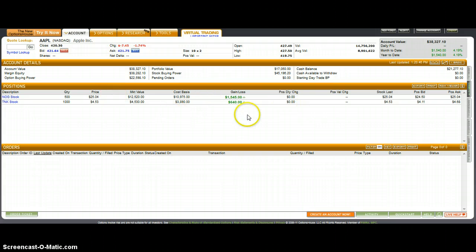A virtual account is something that I highly recommend. It basically trades with fake money. This is all fake money here, but it tracks the market identically to what a normal account would. Sometimes there's a delay, 15 minutes or whatever, but still, it's a very handy tool to use if you're beginning trading. I would strongly recommend starting out with a virtual account because it's better to lose thousands of dollars in paper money than real money.